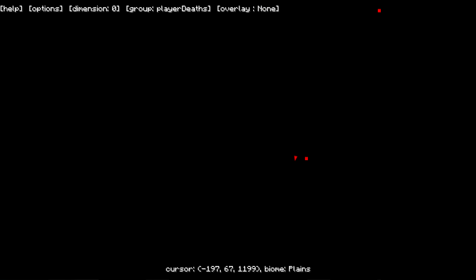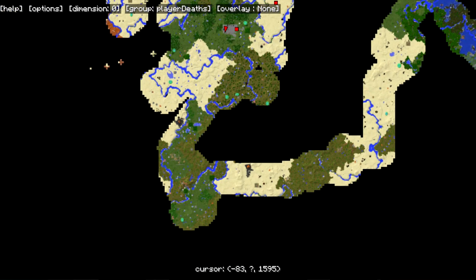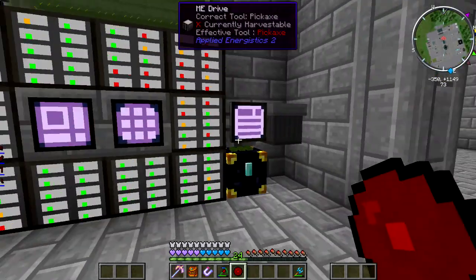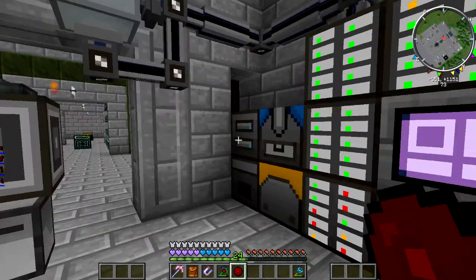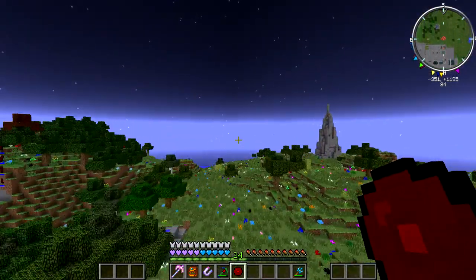Alright, there we go. So we can see here that I've been in a lot of directions, but a good general direction for me to go is in the positive of... Oop, that's the wrong button. So if I head off this way and just go straight south...